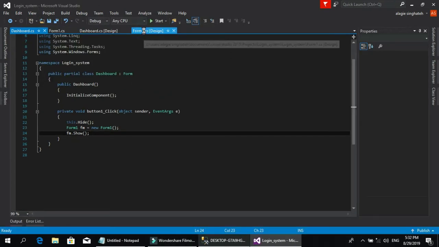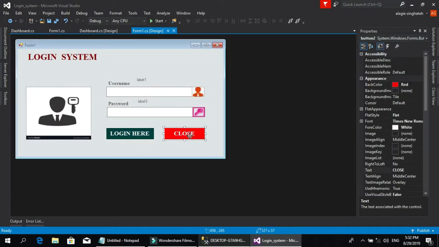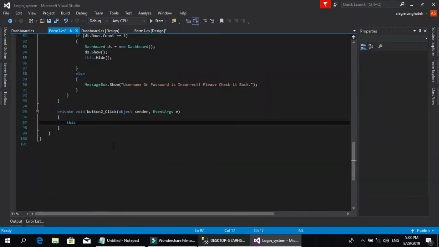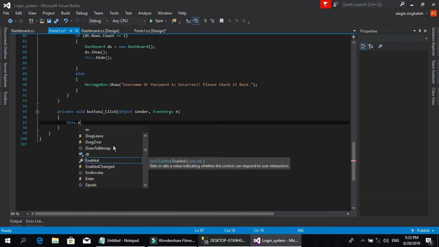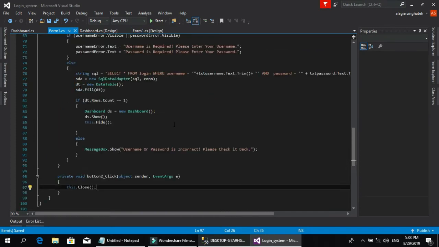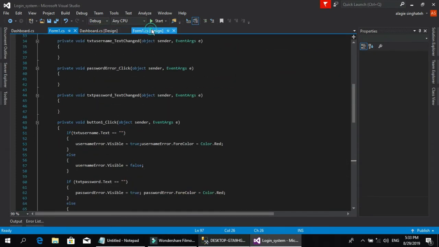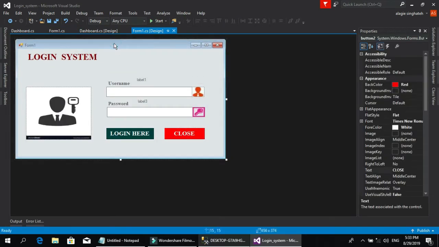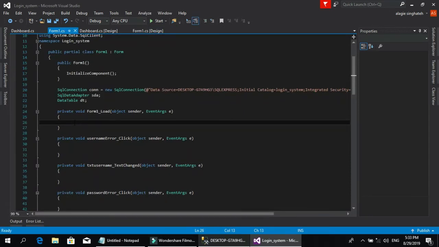Okay, let's go to the form 1 design. We will just close. Let's try to double click it. Inside here, we say this dot close. This close function, so we can close with only a single line. Okay, then let's go to form load. Let's double click this form load. Inside this form load here, I will say